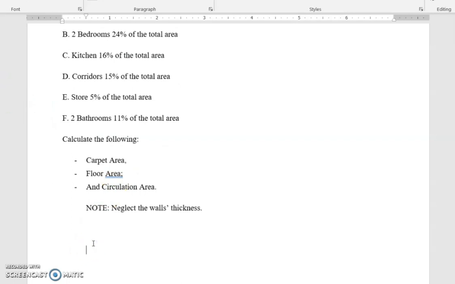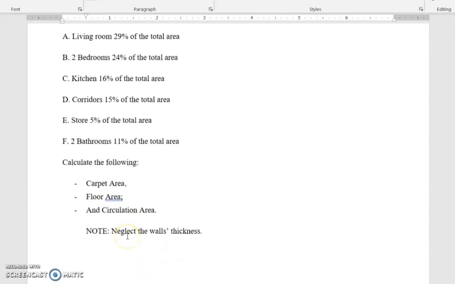The first one is the carpet area. The carpet area, according to the definition, is the total area minus the surfaces area and the circulation area. طيب ايش عندنا اللي هنا يعتبر circulation وسيرفيس؟ الكوريدورز والستور والباثروم، لان الكاربت اريا هي الليفبل اريا، المكان اللي تعيش فيه. تمام. فراح نجي نقول ال 100% minus 15 corridors minus 5% minus 11 equals